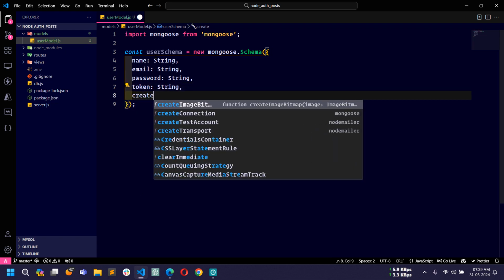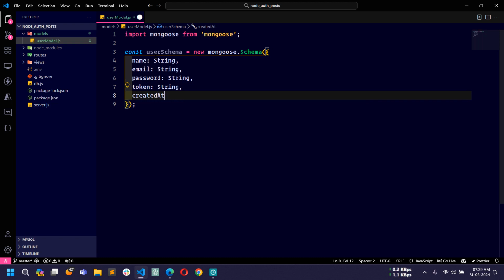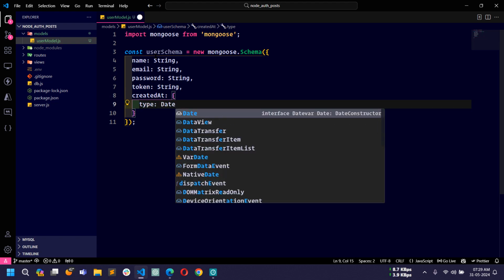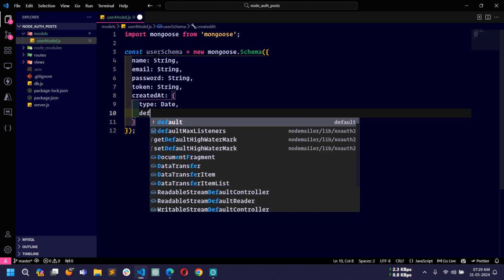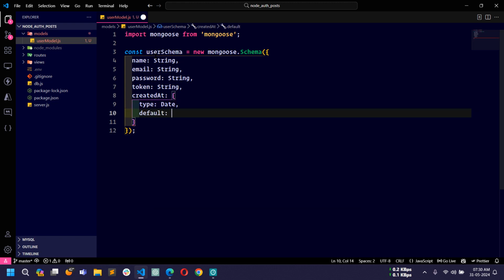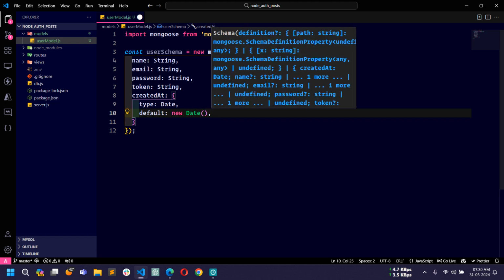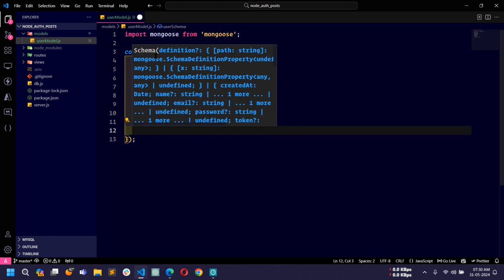And next createdAt, and then I will use type of Date, and I will also use default new Date. Okay, and then I will also